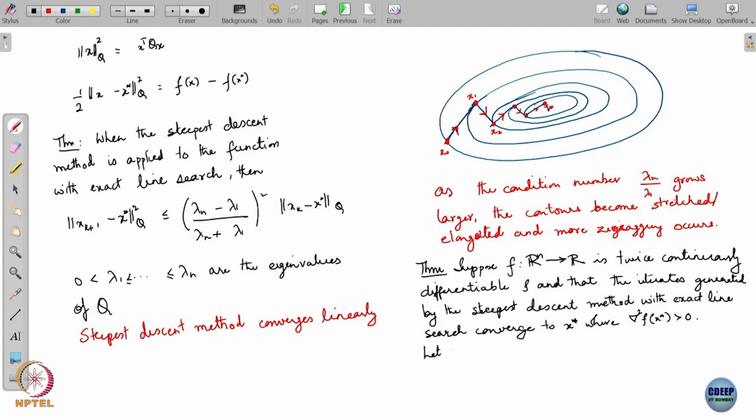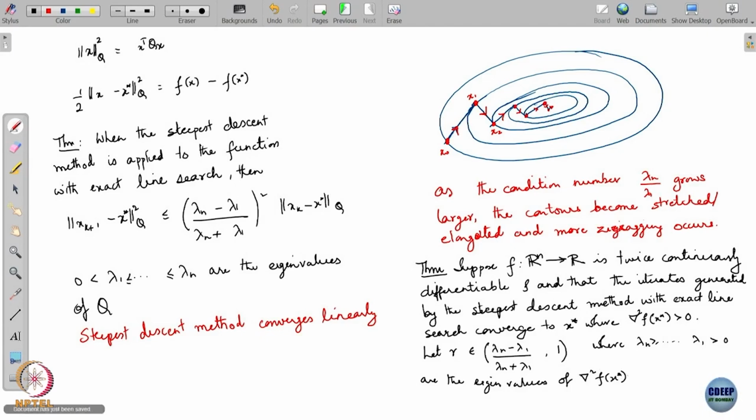Now, let r be any scalar that lies in the interval (lambda n minus lambda 1) divided by (lambda n plus lambda 1), to 1, where lambda n greater than or equal to ... greater than or equal to lambda 1 greater than 0 are the eigenvalues of the Hessian at x star. Then, for k large,